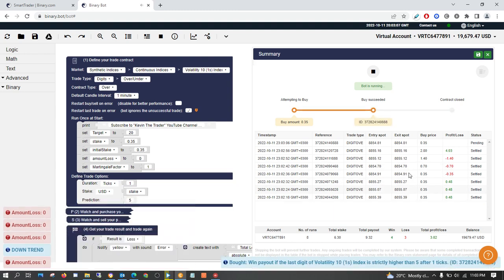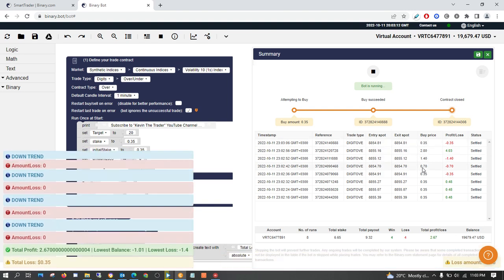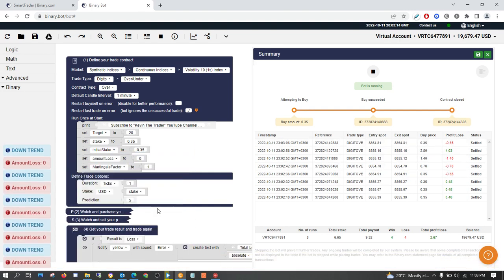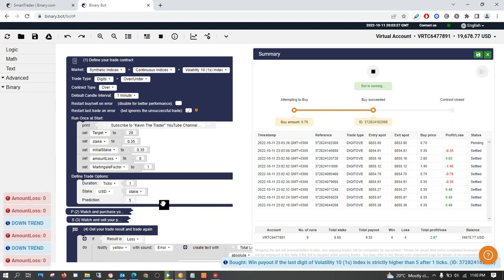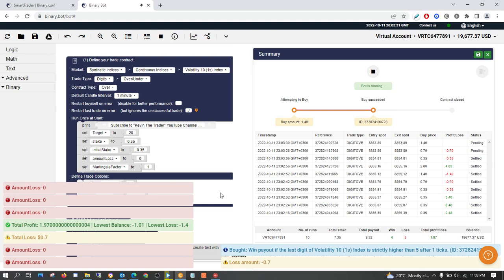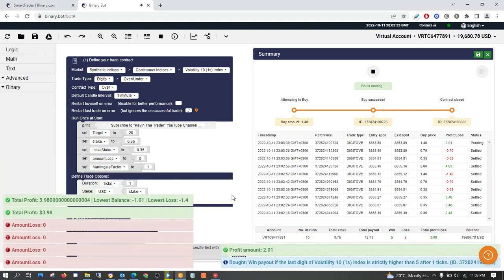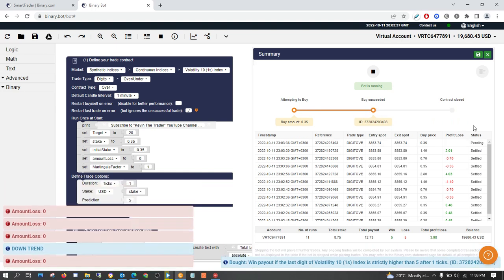So anything from 0 to 5 you'll get a loss, and that's why I was telling you that this is good if you have a larger account, maybe that will be profitable. But if you have a small account, don't do this one, because you see the prediction that above 5 are less, but if you get one, you get a high payout.